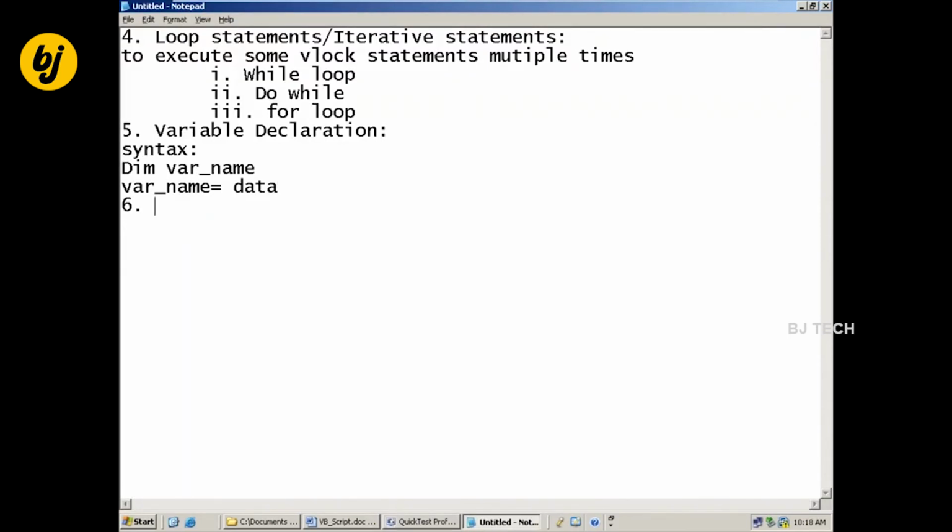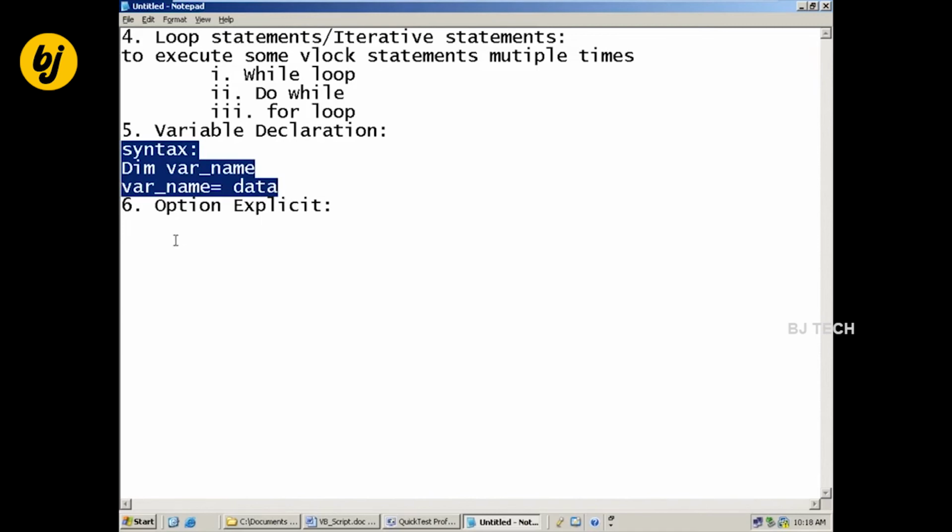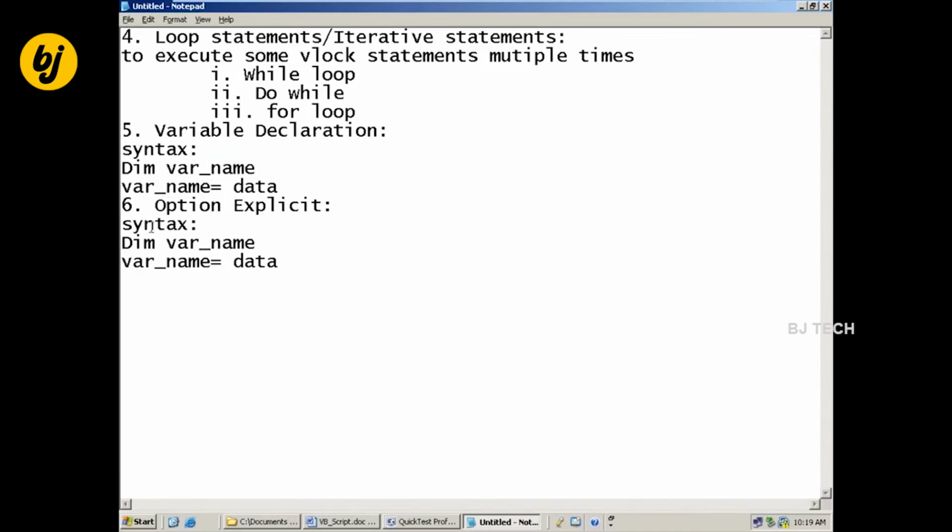Sixth one, take like this: Option Explicit. Using this statement, we can make variable declaration mandatory in the script.